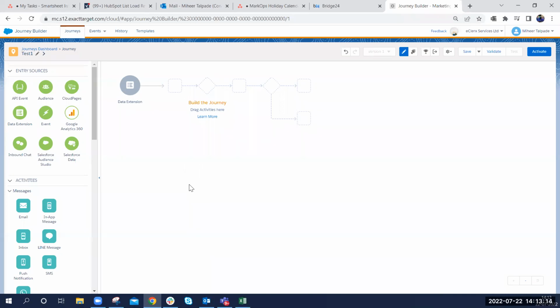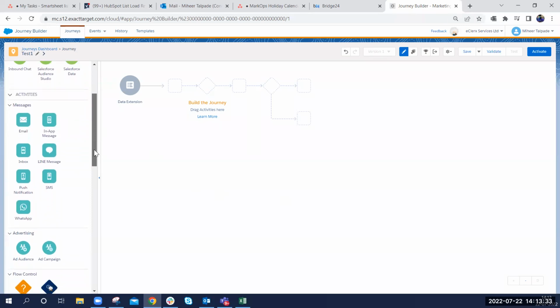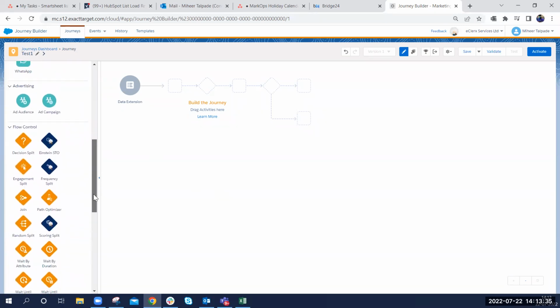How do you manipulate? When we do Automation Studio, I will show you how we can do manipulations. But as of now, let's just understand that I'm trying to use a sending data extension. So I've connected that here. Now the rest of the steps will be activities. There are a lot of activities. If you notice, so many activities,